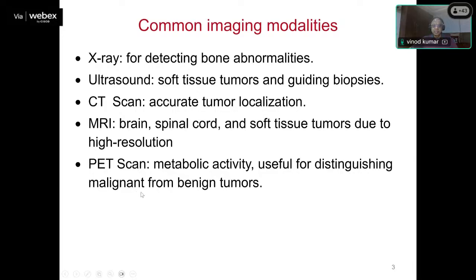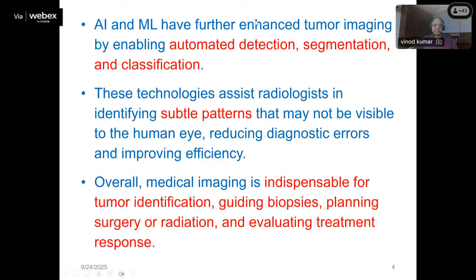There are a few more modalities which are also in practice or which are also used in medical diagnosis. So the newer technologies like AI,